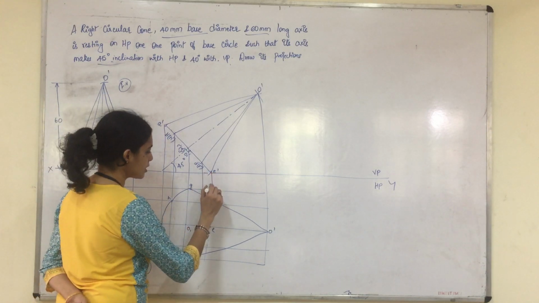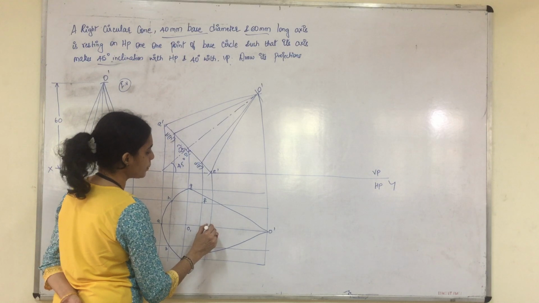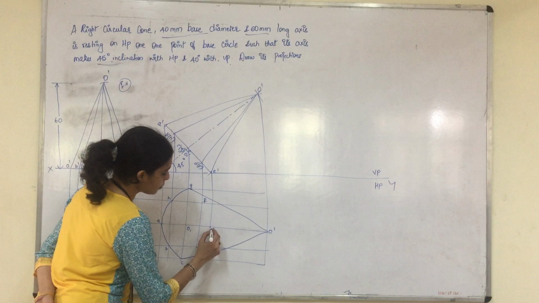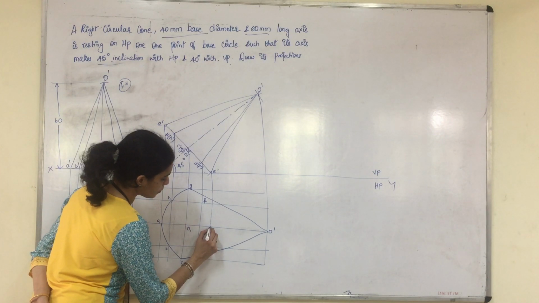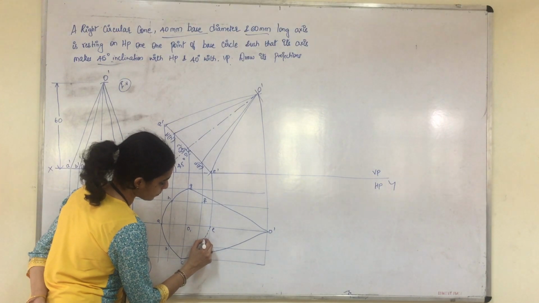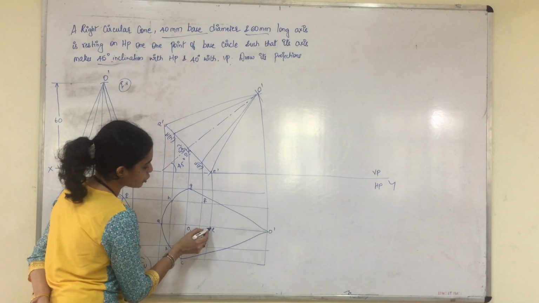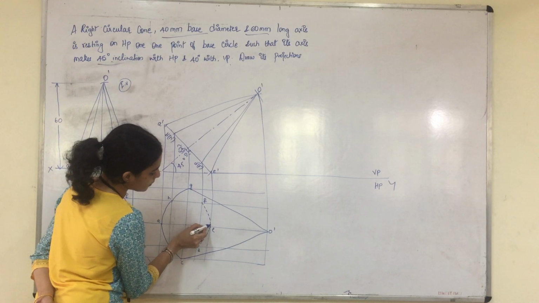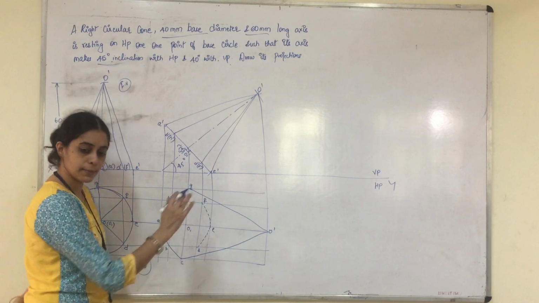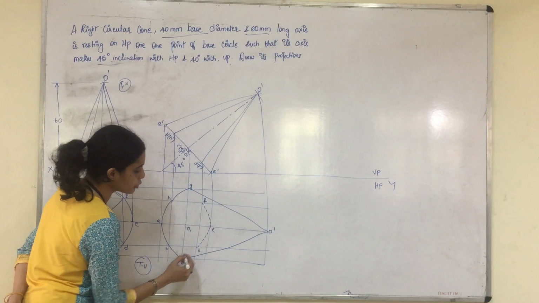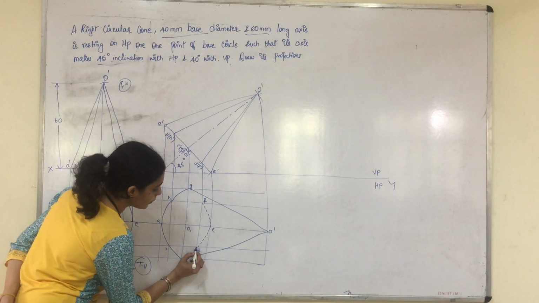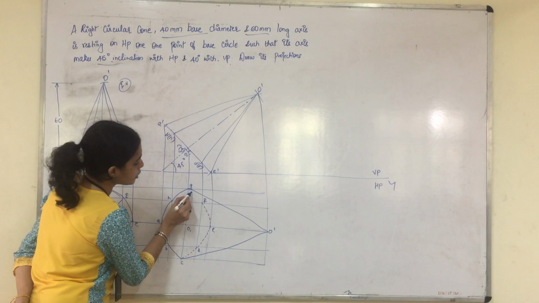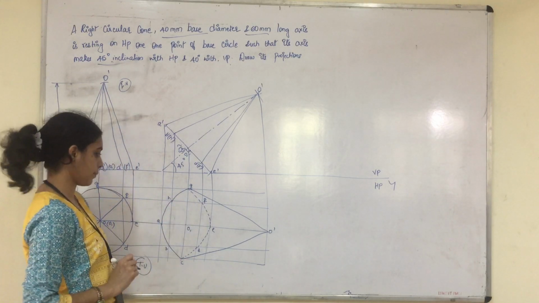So E dash, this is the projection of point E. Any projection coming through point E will be dotted. So here we have the projection coming through E to D. So this part will be dotted. Similarly, we have the projection coming through E to F. So even this will be dotted. Similarly, any extension of the projection line of hidden will be hidden only always. So D to C also will be hidden and G to F also will be hidden.